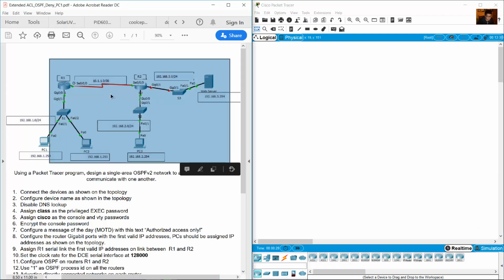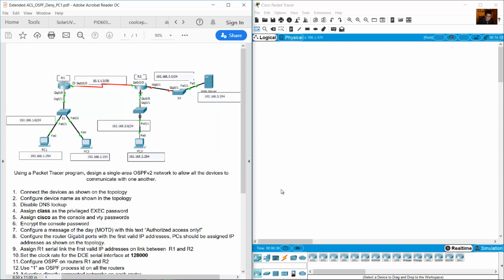First, build this topology, gigabit interfaces and serial interfaces. You can use 1941 routers, one or two,